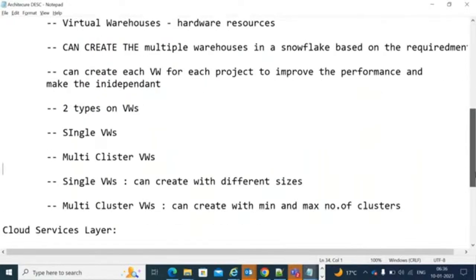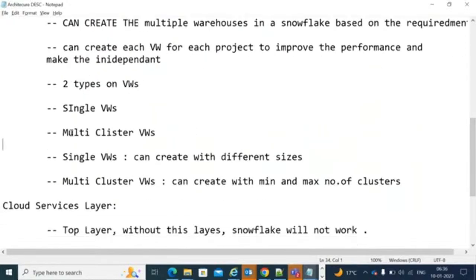So we have two types of virtual warehouses: single warehouse and multi-cluster warehouse. A single warehouse can be created with different sizes. Multi-cluster warehouses can be created with minimum and maximum clusters. Yesterday I told you, single warehouses are created with different sizes, and a multi-cluster warehouse can be created with a minimum and maximum number of